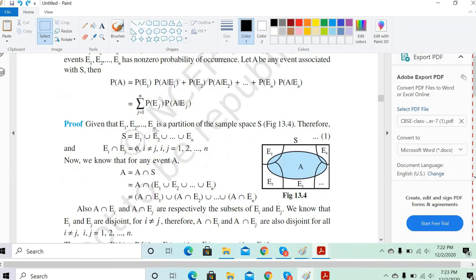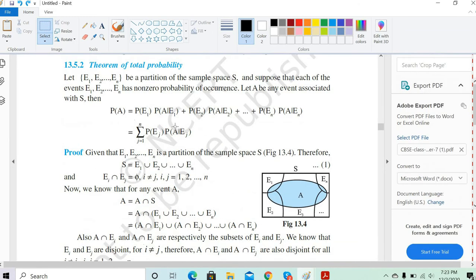So the probability of event A. You don't have to derive it, but you can understand. It's very simple. Just go with the logical way. See, P of E1 into P of A slash E1, whatever you have written, let's classify this. What is that actually? That is basically A intersection E1. Correct? P of A intersection E1. That is what you did. Second, P of E2 into P of A slash E2, again that will be given as P of A intersection E2.